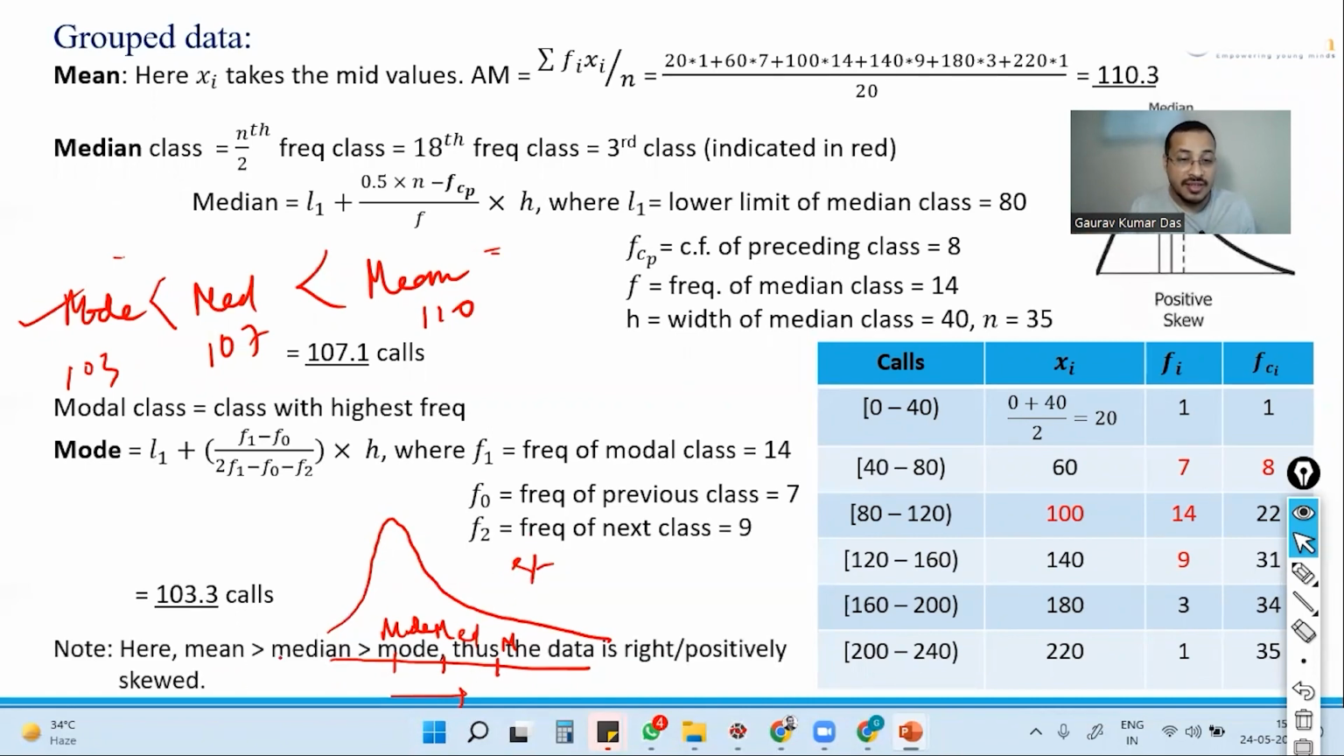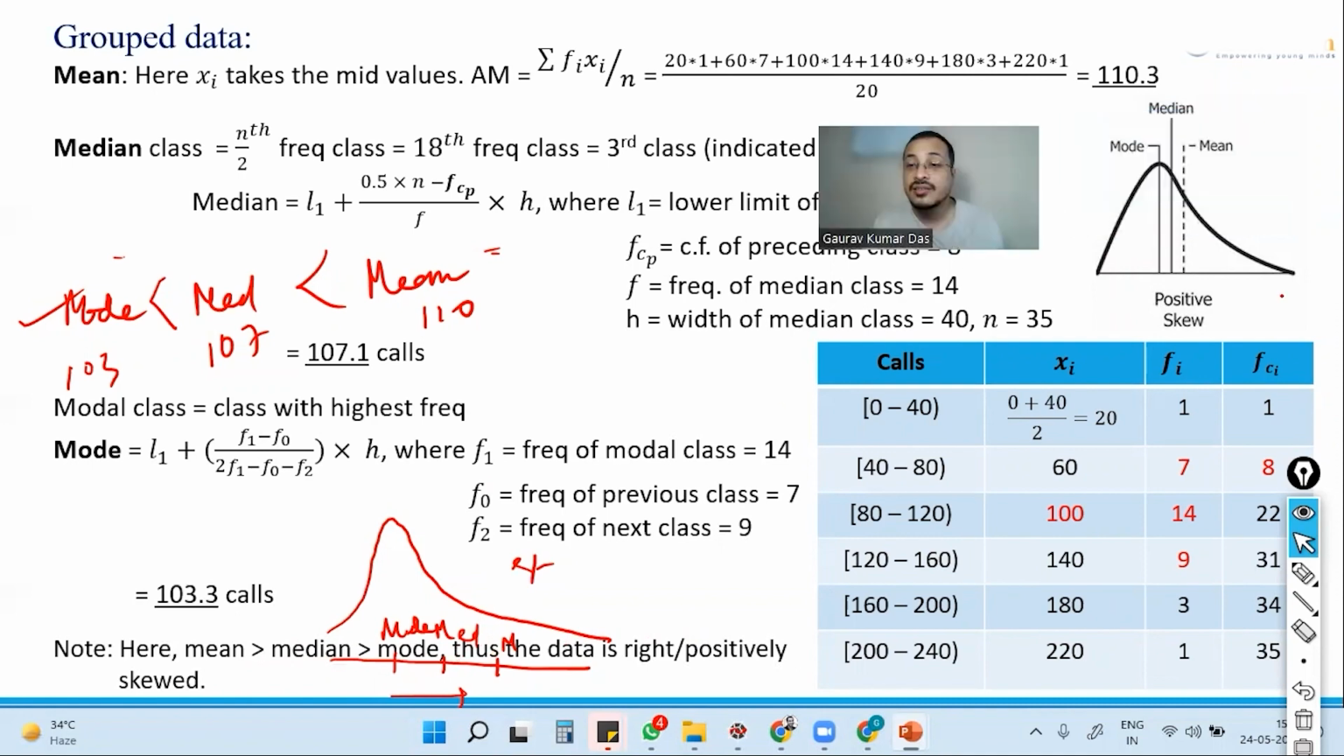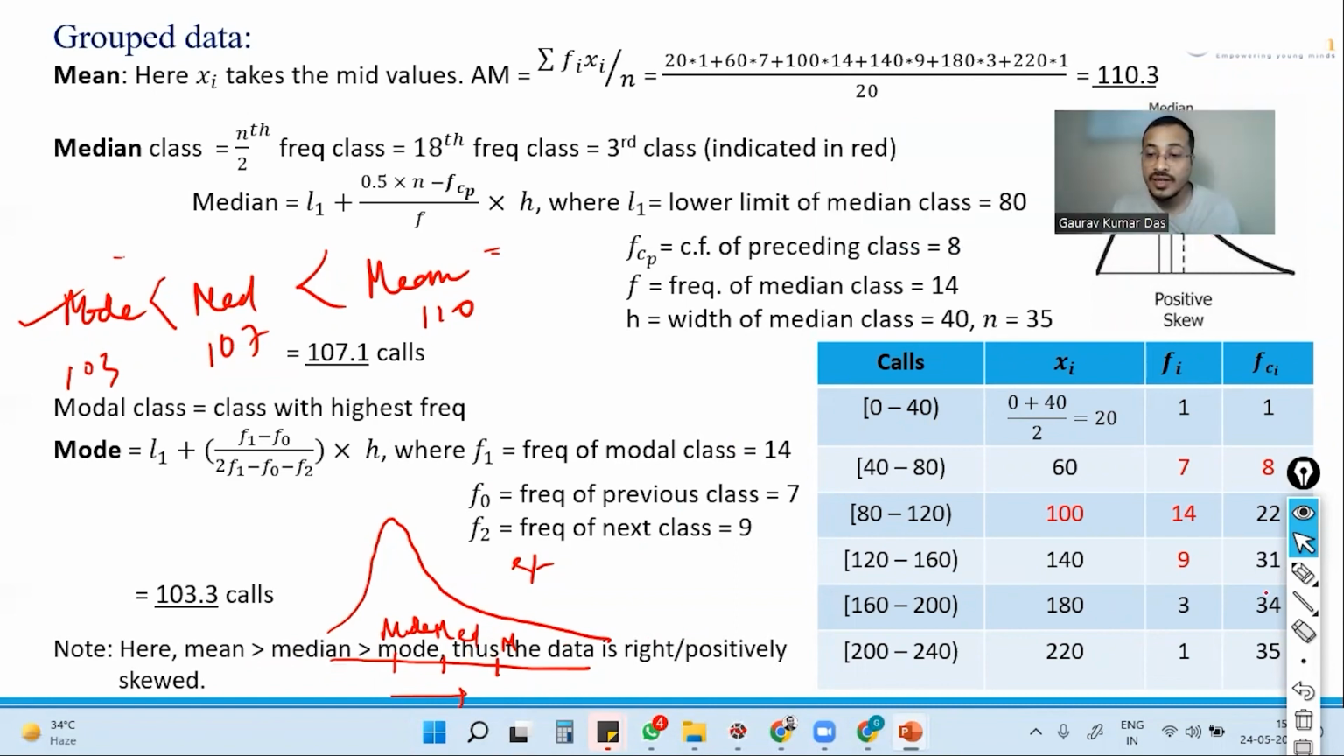Here, mean is greater than median, is greater than mode. The data is right or positive skewed. This is also called right skewed or positive skewed. You can see here some kind of skewness is here. And mode will be that value which is the highest peak, obviously. Okay. However, if we have, let's say,